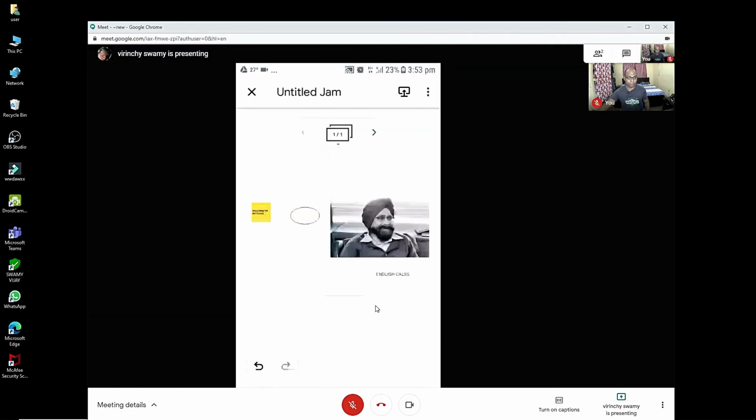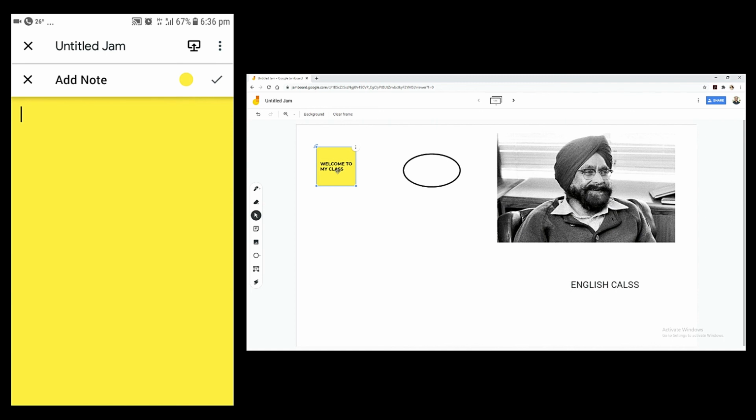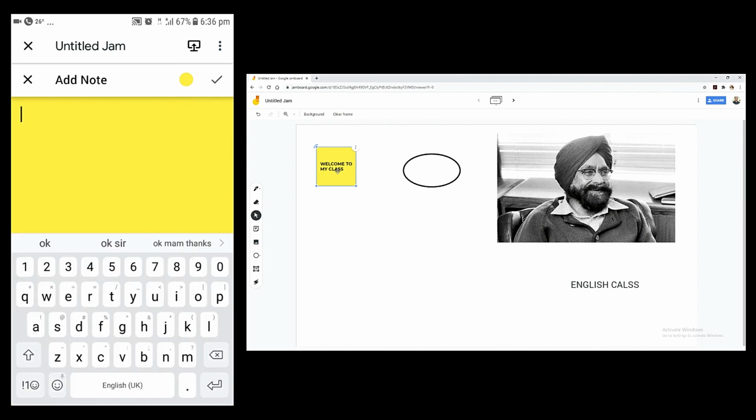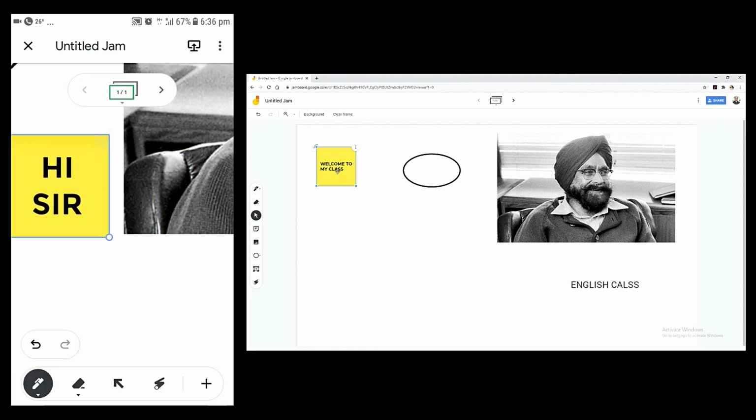Now let me ask my student to stop sharing and let me end this meeting. So to end the meeting, click this red button or red symbol, leave call. Sorry for the bad audio. The moment I started sharing my screen, the audio has become a problem. The reason is I am recording this video on audio. That is the reason why I had a problem with the audio, but it will not become a problem for you all.